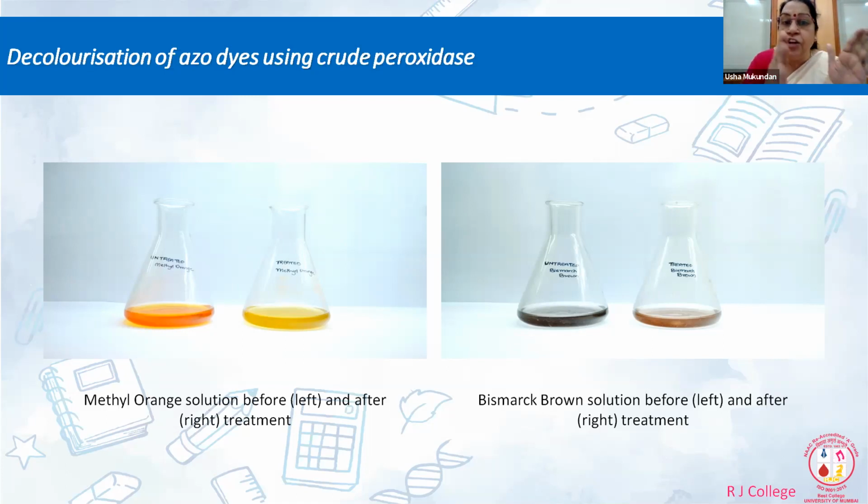Having said that, even though peroxidases are an alternative solution, there is a long way to go, because right now it is a synthetic method, the Fenton reaction, which is used for dye decolorization, and that is more economical and proven. You have an alternative, and as I mentioned, cleaning up of an area using plants. All you do is chop up the roots and put them in, then these roots contain peroxidase, and they will bring about dye decolorization.